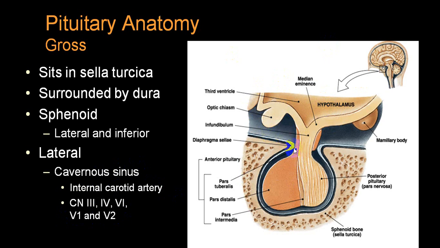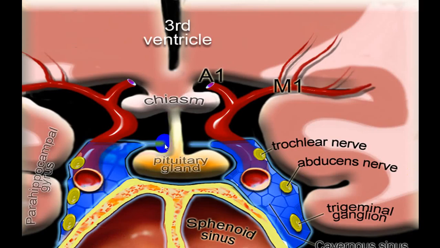So this is the anterior clinoid process, this is the posterior clinoid process, and you will have a diaphragma sellae here, which separates it from the middle cranial fossa. So this is the anterior clinoid, posterior clinoid, pituitary gland. These are the two cavernous sinuses, inferiorly the sphenoidal sinus. This is the portion in the nasal cavity. This is the optic chiasma, which is related to the pituitary stalk anteriorly.